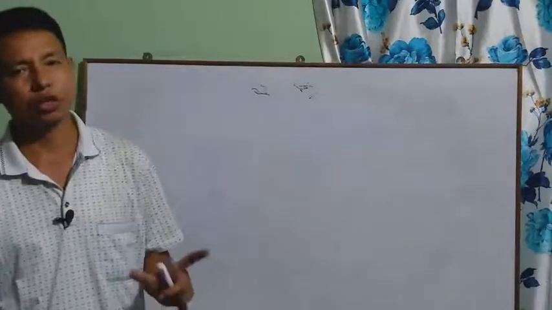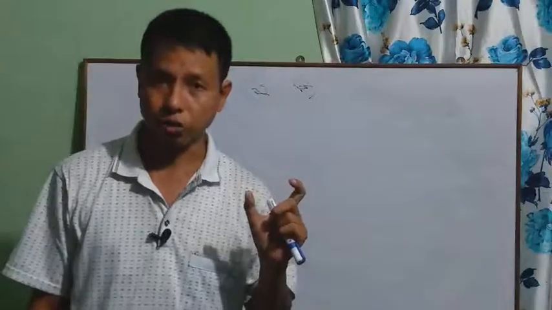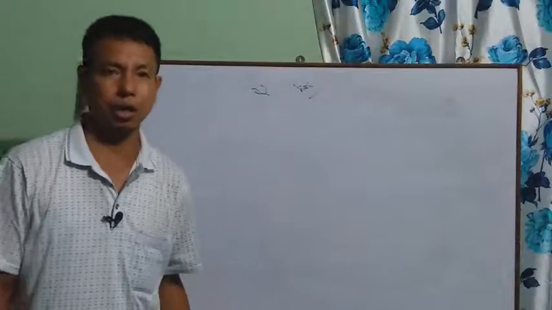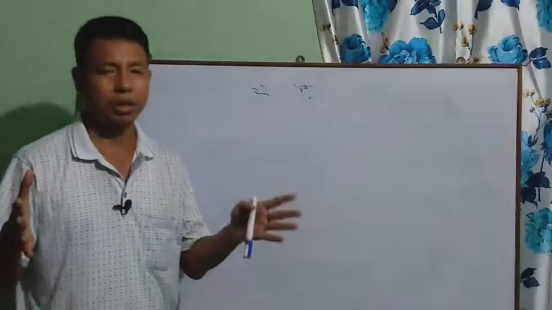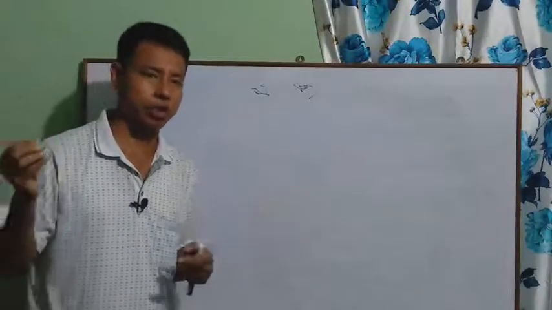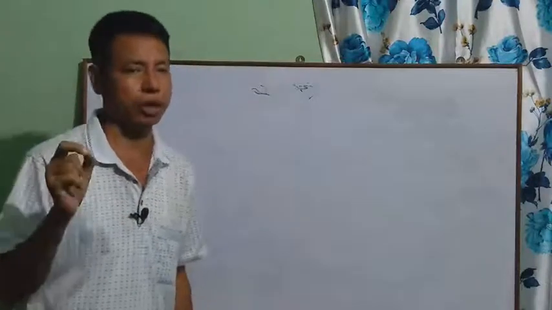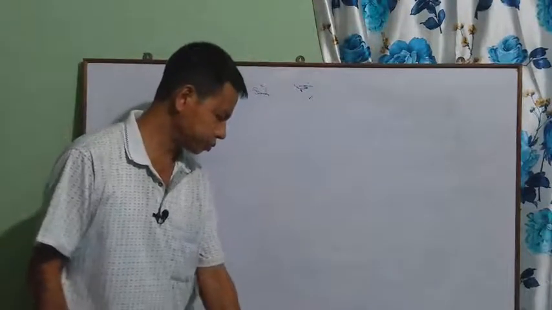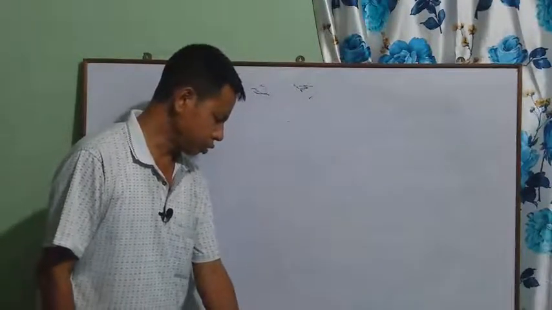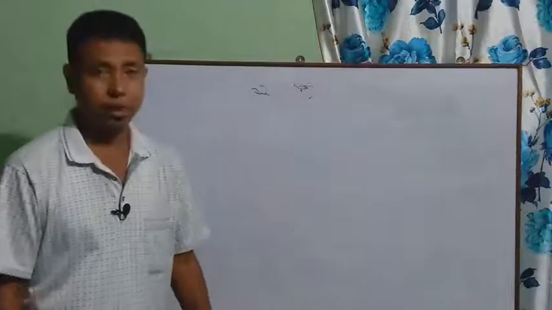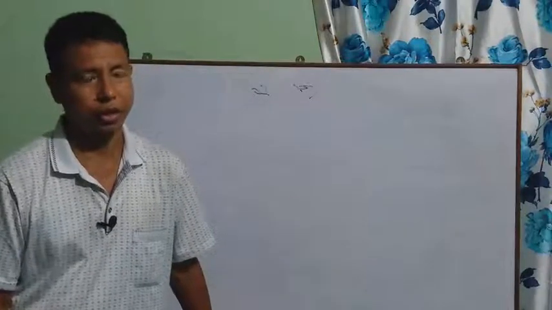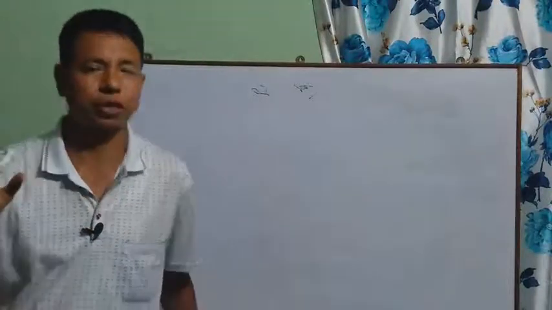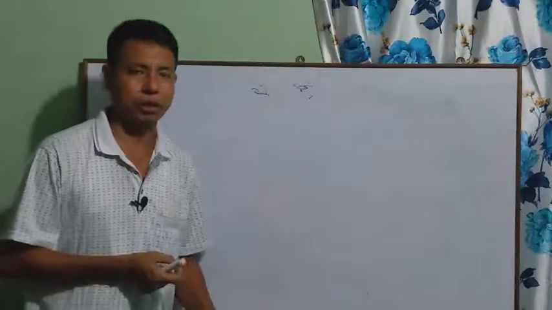The example, as I told you, the easiest to remember, is the sunlight or the heat of the sun that is reaching the earth. Somewhere in the middle there is a vacuum, and it can pass through that vacuum also without the involvement of any particles. So that is radiation. Here we'll be studying about the absorption of radiant heat, how that heat is absorbed by different surfaces, objects or particles.